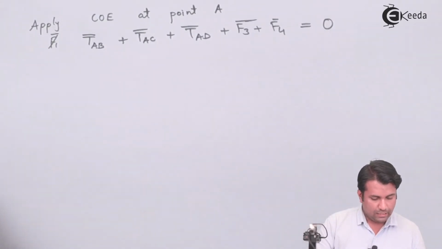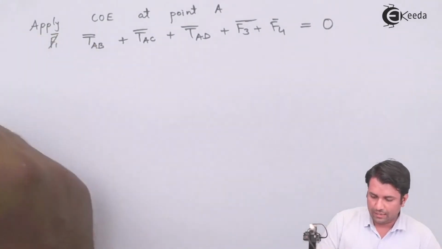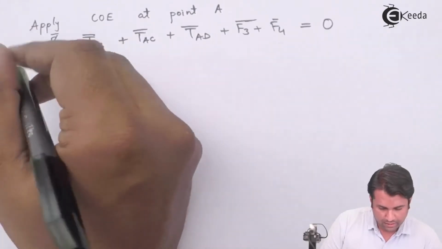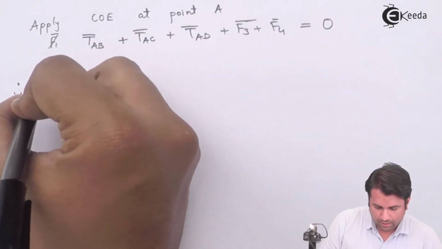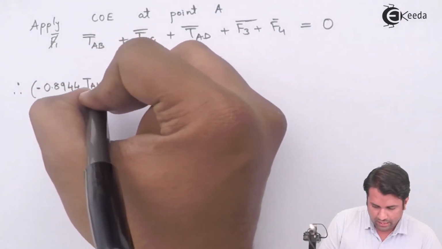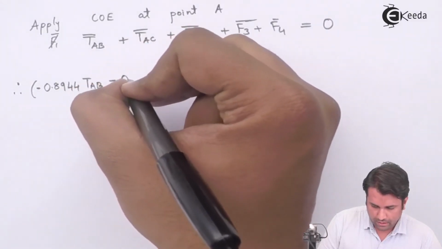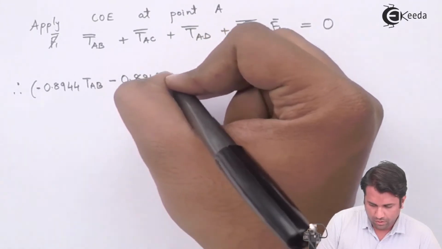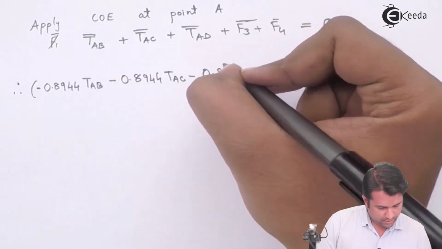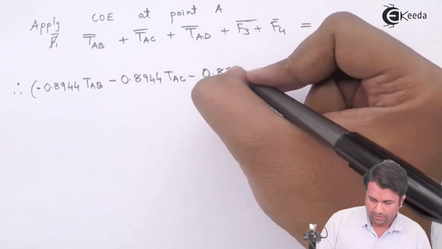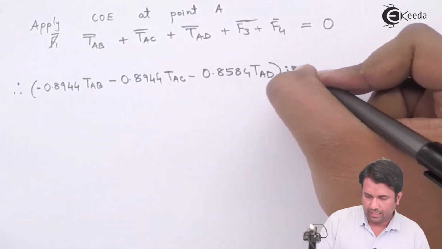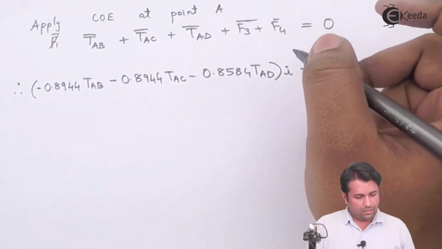So I will get the simplified equation as minus 0.8944 TAB minus 0.8944 TAC minus 0.8583 TAD I plus the J terms will be